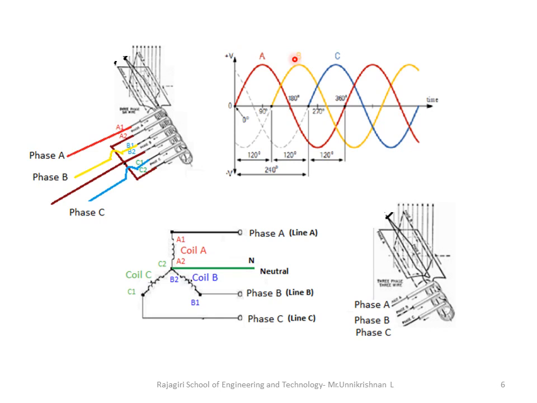What is the angle made between A1 and B1? It is 120 degrees. We have already said that A1, B1, C1 are 120 degrees apart and A2, B2, C2 are another 120 degrees apart, while we made the arrangement of the coils. So from 0 to 120, you will get the next waveform, that is the B phase waveform. From B, another 120 degrees, you will get the C waveform. So this is how you will draw the three-phase AC waveform.